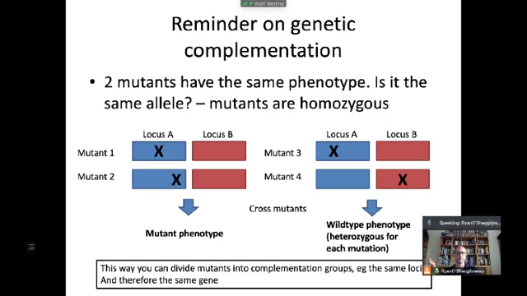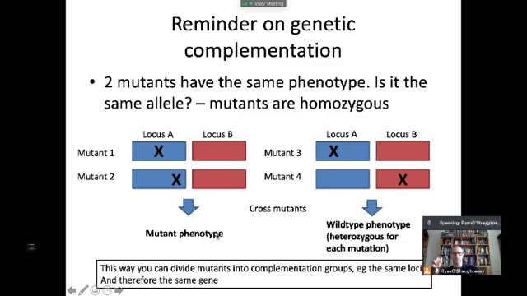Are the mutants homozygous? And so what we can have here is, if you cross two mutants and they have homozygous mutations in the same gene, so in this situation over here, so both mutant 1 and mutant 2 have the mutation in the same locus, what would happen is, if you crossed these two together, we would still maintain